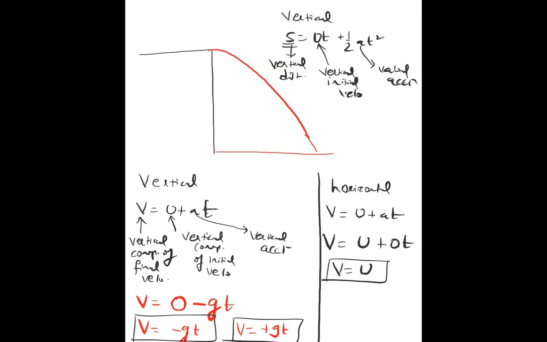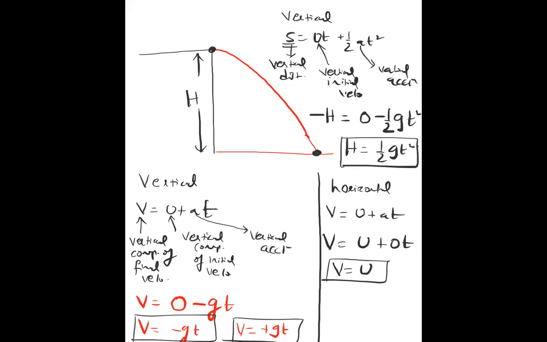Now, if you see, that vertical distance is the distance which is traveled during this time. It was here and then it was here. So how much has it traveled vertically? Minus h. If you're taking the downward direction as negative, you have to put minus h. Initial vertical velocity is 0. And if you're taking the downward direction as negative, then minus half gt square. So you'll get h equals half gt square. This is one of the formulas. You can remember it. I never remember it. I just always derive it.